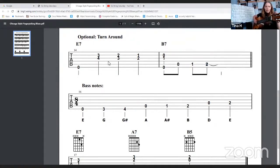So the optional turnaround, I play my 6th string open, and then I make a 2-note chord, 3rd fret of my 2nd string, 4th fret of my 3rd string, and for this one, I'm just going to play that, plucking with my fingers, and then I just shift it back down to fret 2 and 3, shift it back down again to 1 and 2,